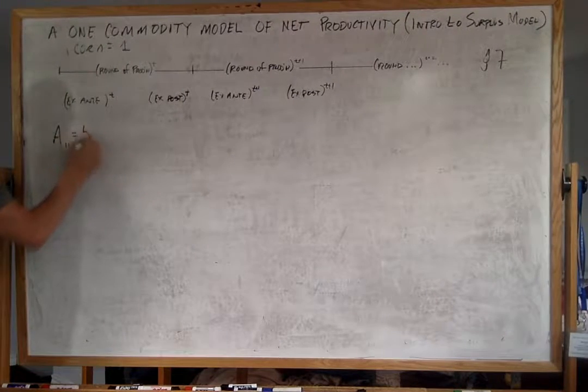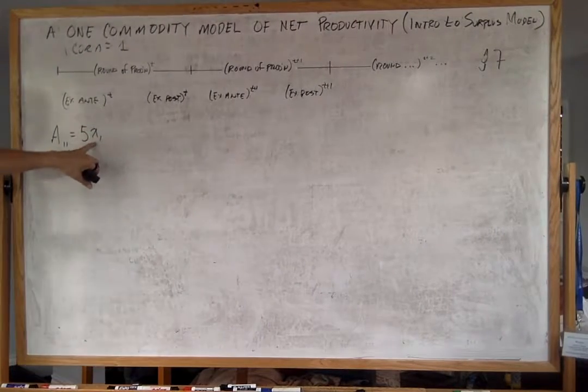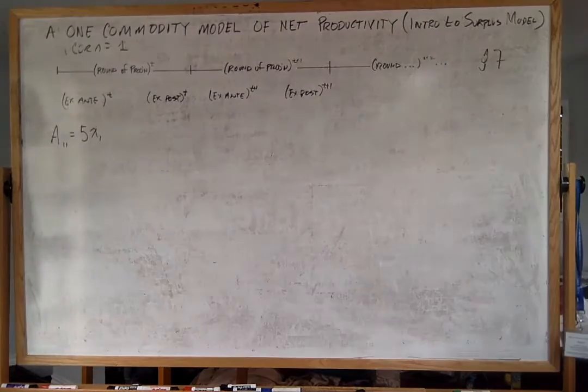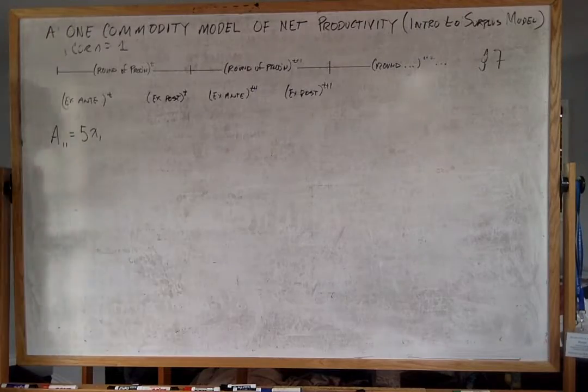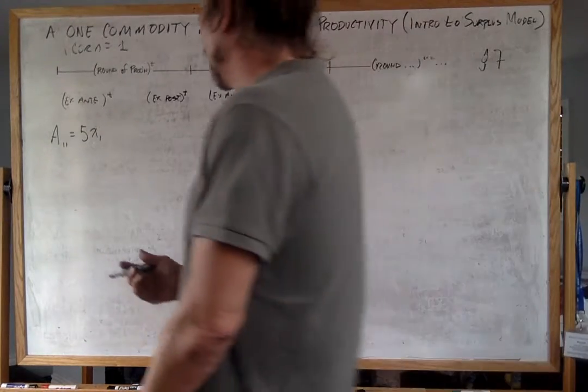A11 is going to be equal to, I'll make that equal to 5 quarters of corn. Again, the lowercase x is going to represent the physical units, and 1 is going to represent the physical units for that commodity. So 5x1 represents 5 quarters of